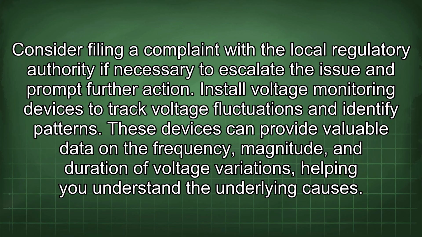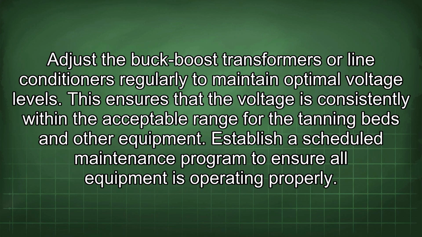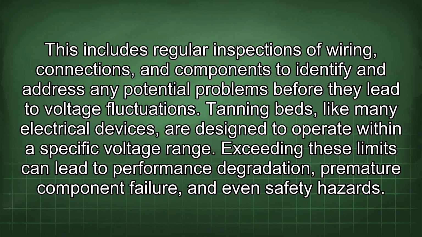Install voltage monitoring devices to track voltage fluctuations and identify patterns. These devices can provide valuable data on the frequency, magnitude, and duration of voltage variations, helping you understand the underlying causes. Adjust the buck boost transformers or line conditioners regularly to maintain optimal voltage levels. This ensures that the voltage is consistently within the acceptable range for the tanning beds and other equipment. Establish a scheduled maintenance program to ensure all equipment is operating properly. This includes regular inspections of wiring, connections, and components to identify and address any potential problems before they lead to